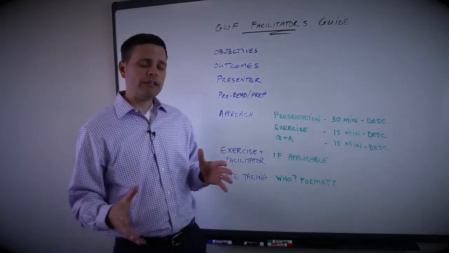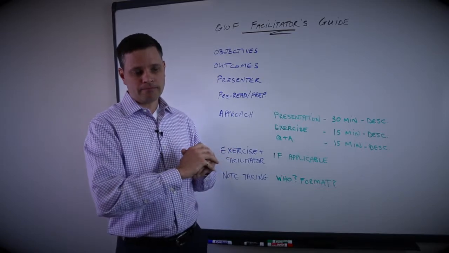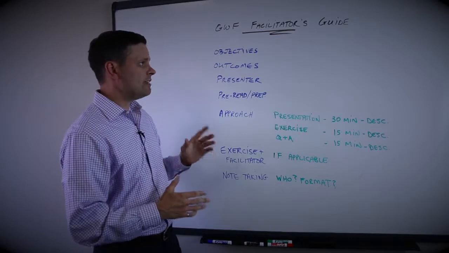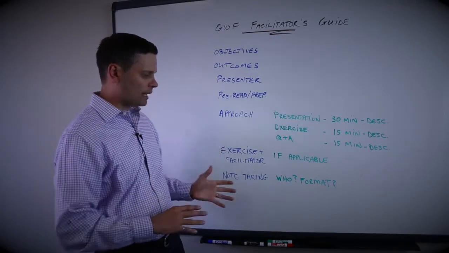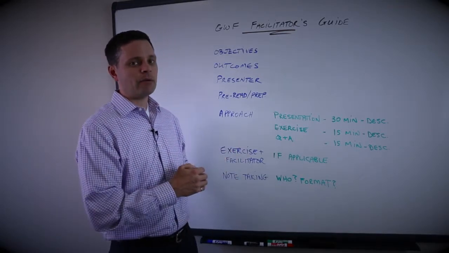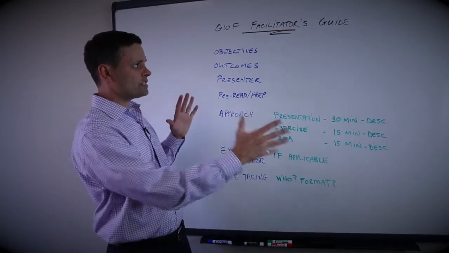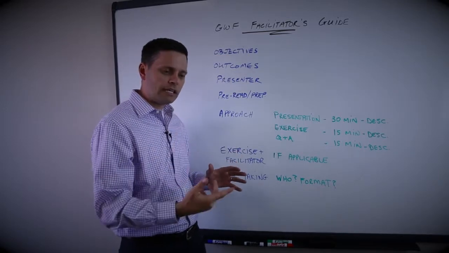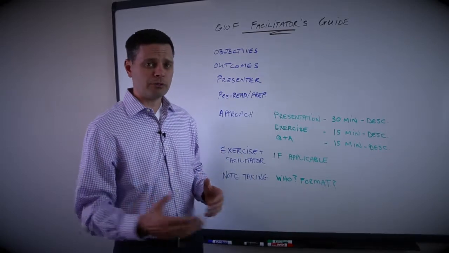So what we want to make sure that we're doing, by using a facilitator's guide and using a little more intentionality in the planning of a workshop, is that we're covering off all of the planning elements before we actually go about running the segments, and that we're going into all of this with the end in mind. We've structured this facilitator's guide to make sure that we've addressed all the key areas and thought about all the key things, so that the planning is as comprehensive as it needs to be to produce really great output.